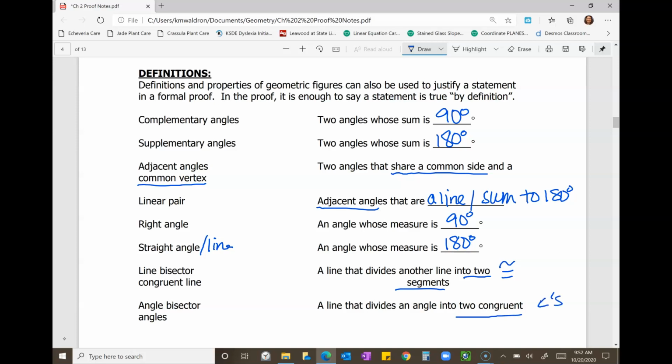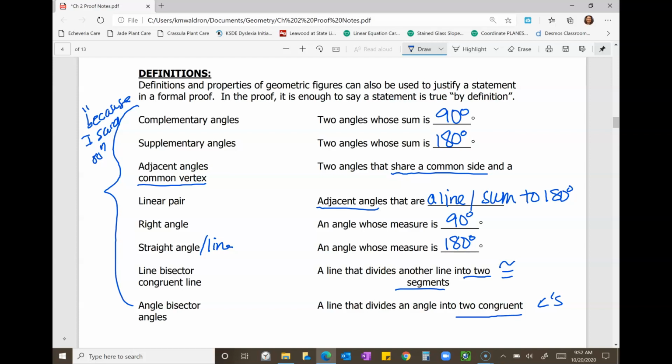Okay, so really with these, I like to describe them as if you have gotten in an argument with your parents and your parents have given you the reason of, well, because I said so. These are the definitions. So these are the because, if you want to write that down, because I said so. Okay, they're a definite statement. We don't have to prove, these are already true, and so that's why we kind of have the attitude of, well, it's because I said so with these particular definitions. So go ahead and pause the video if you need to, copy down these terms, and I will see you